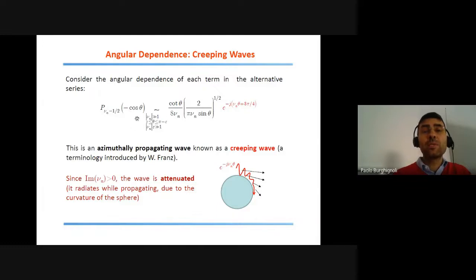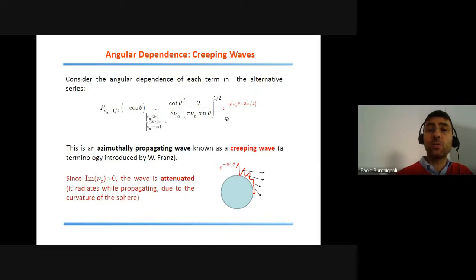Consider what happens in the asymptotic limit when the absolute value of the pole n sub n is very large, which is true whenever the sphere is large electrically, and if you observe sufficiently far from the north and south poles of our sphere, so you are not exactly at theta equal 0 nor at theta equal pi. Then, by some non-trivial asymptotic considerations, you would find that the Legendre polynomial on the left-hand side can be approximated asymptotically, as you can see on the right-hand side, where I have highlighted in red the terms